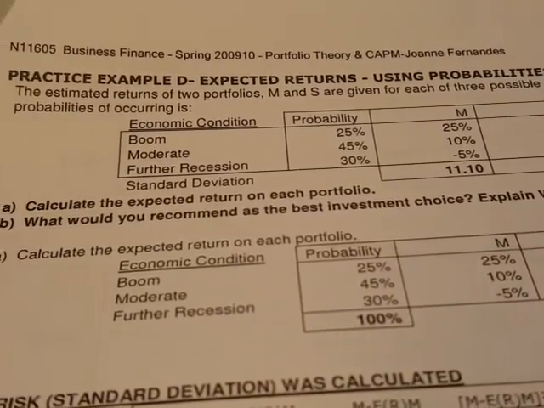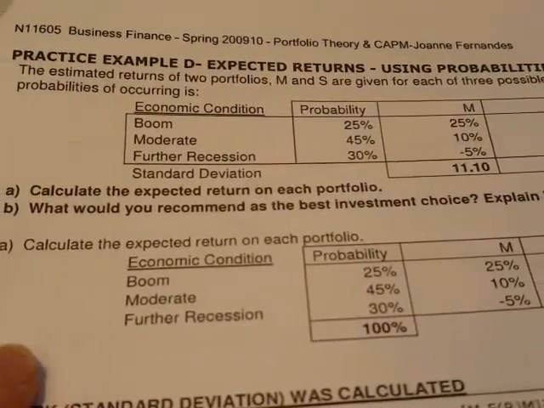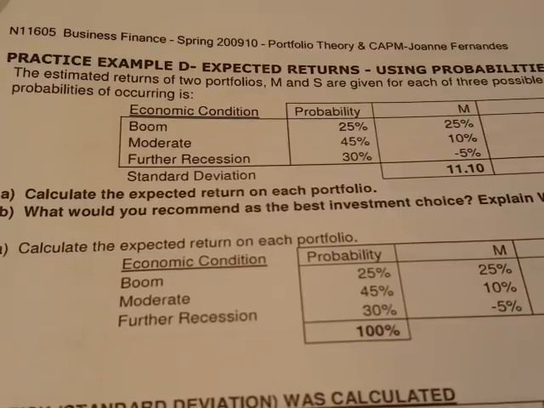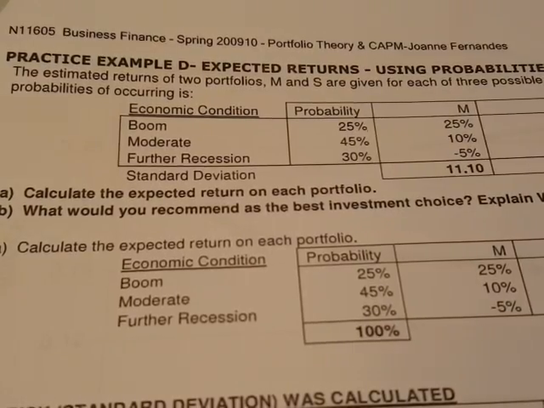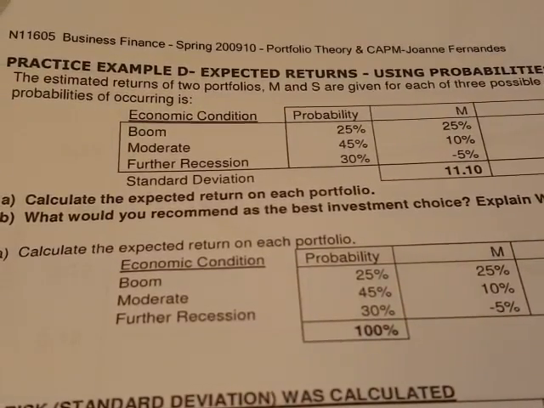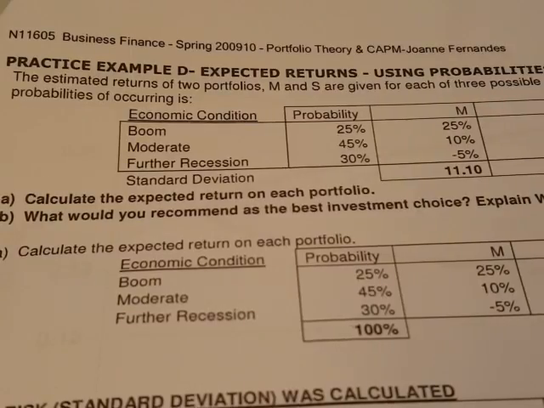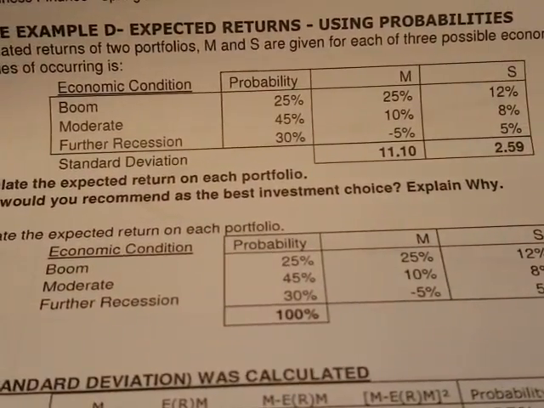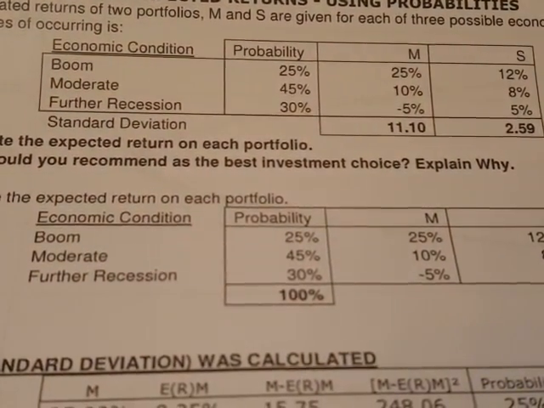Let's look at another example for single asset, but this time using probabilities. If you follow me, let's go to page 6. Practice example D. In this question, you're given the economic condition for